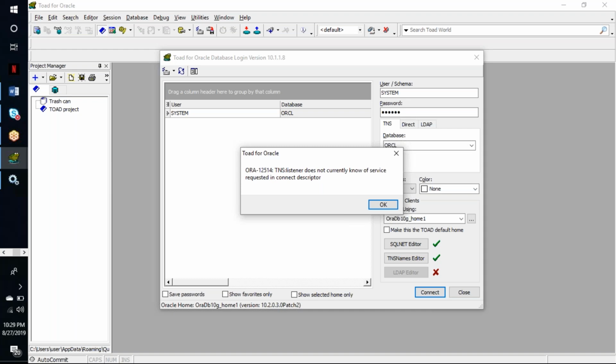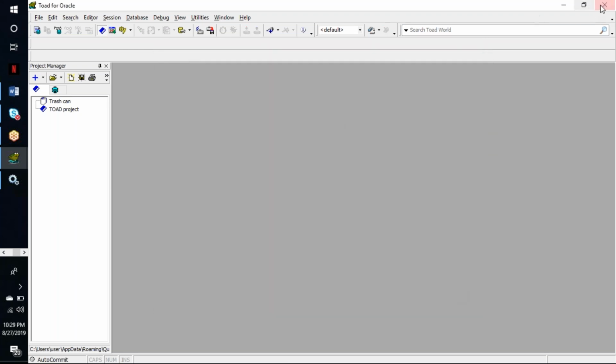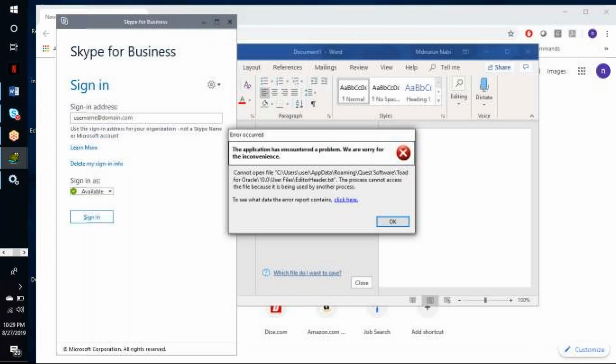Still you are getting the same, click on OK and close, open again once, close, open once again. Do you see this error message? Yes. Is it related to the database?